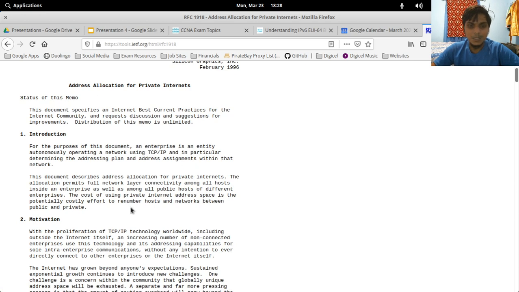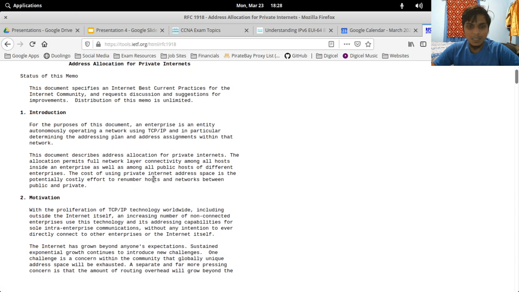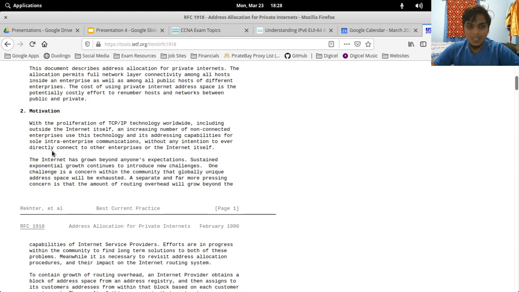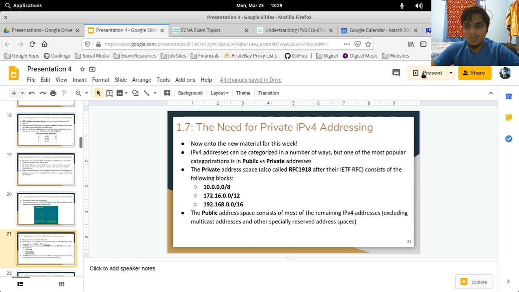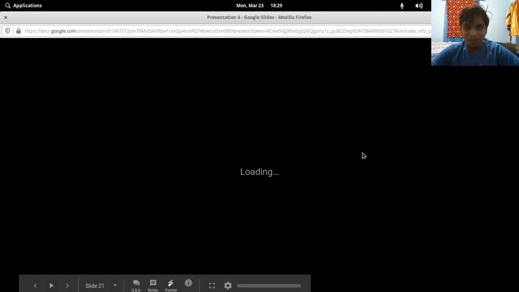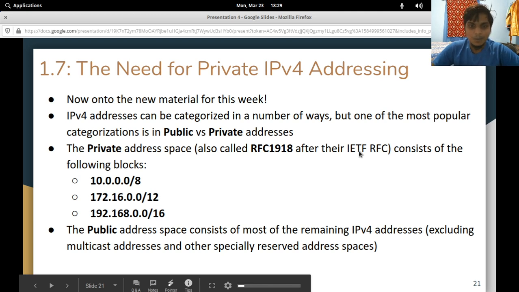And you can read through it. It is made to be fairly readable. It's not like a contract with a bunch of technical terms made to confuse you. It is made to be very readable. So you can see here, the internet has grown beyond anyone's expectations. That is true. You could appreciate that. So yeah, it is made to be very readable. So go ahead and read that if you want to. But I'll give you a summary in these few slides.